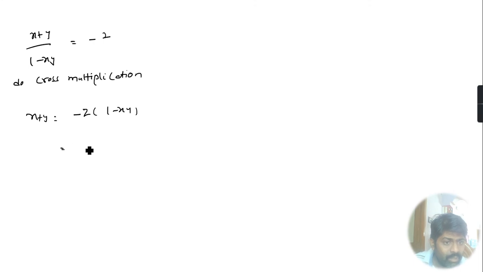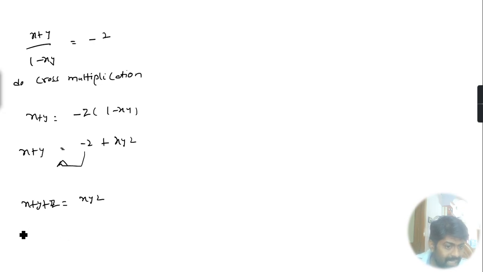We get minus z into 1, that is minus z, plus minus into minus plus xyz, is equal to x plus y, and this is converted into this side. We get x plus y plus z is equal to xyz, which is equal to the RHS. So finally we prove that